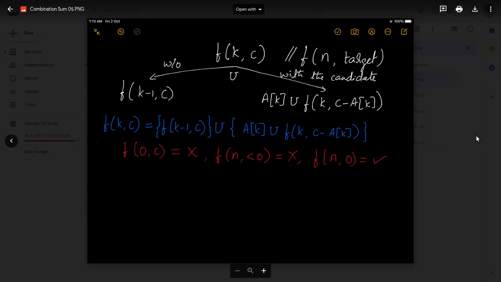Now, what are the base cases here? There are three possibilities. If n reduces to zero, that means there are no candidates to add, but there is some capacity left. That's infeasible, a dead end, because we cannot add any more elements and the target is still left out. The other possibility is there are a few elements left, but the target has gone negative. That means we could not add this element, right? That is the infeasible case I showed in the earlier slide, so that's also not possible.